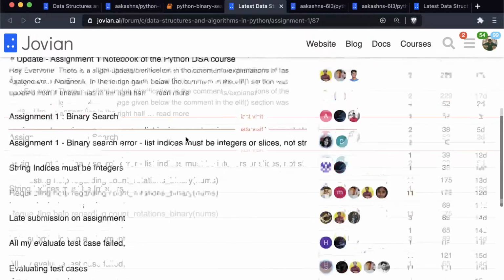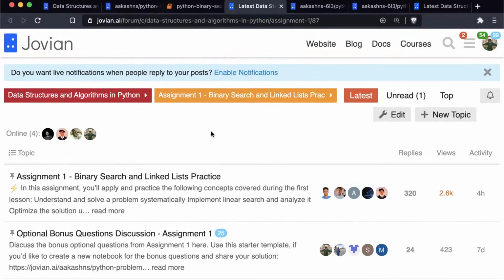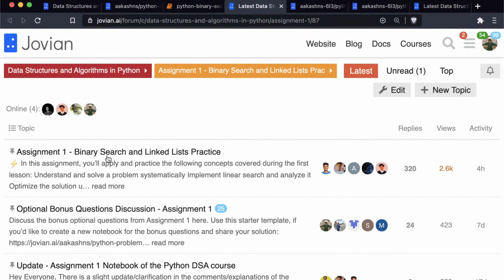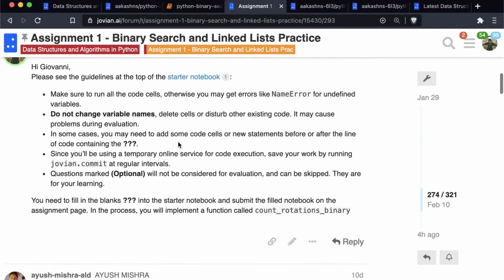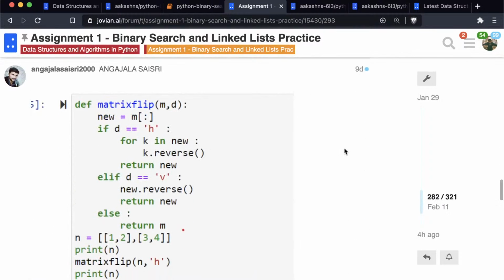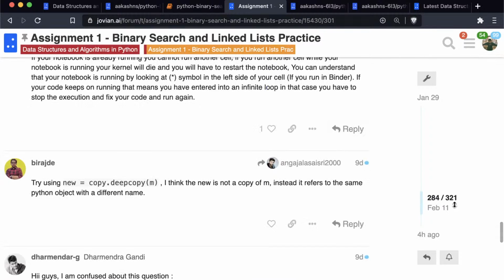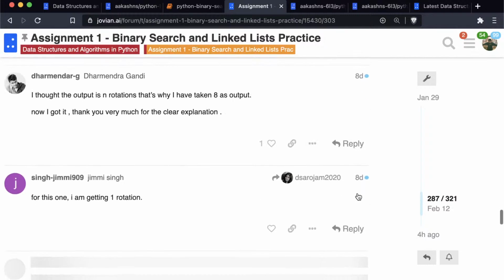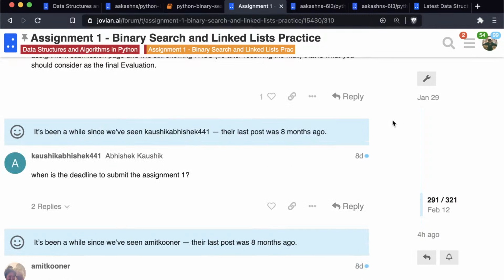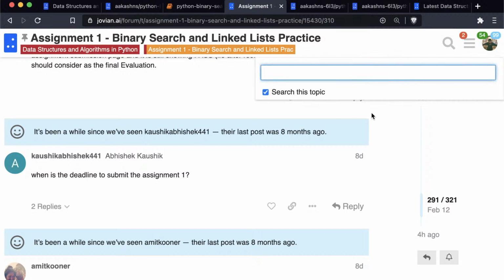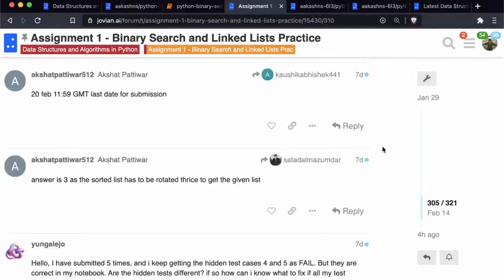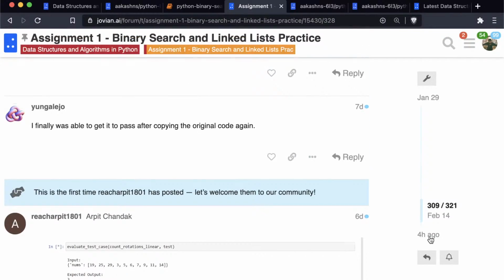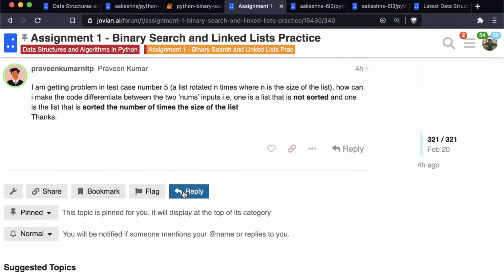This is the forum discussion for assignment 1, and you can go into the original topic here, which is a longer discussion. So this is where everybody's posting small issues. You can see that there's about 321 messages that have been posted. You can start looking through this forum. You can start reading through some of the posts. You can even search. If you press Ctrl F, you can even search for questions here. Now, if you want to post your own question, scroll down to the very end, or you can just click this button here and click reply.